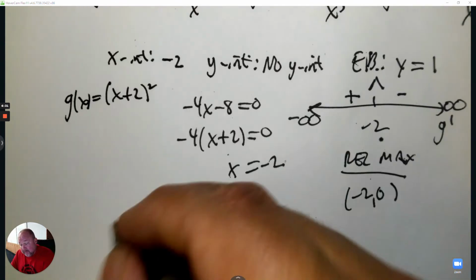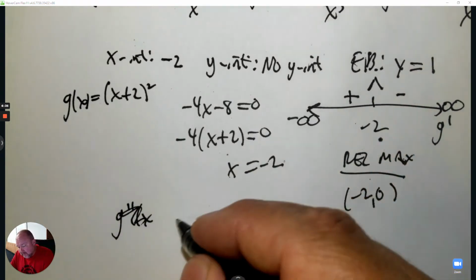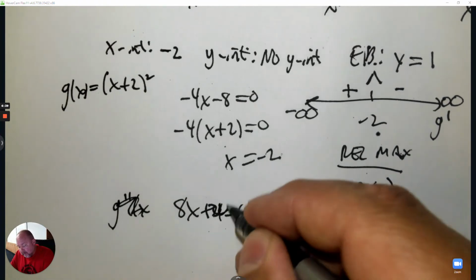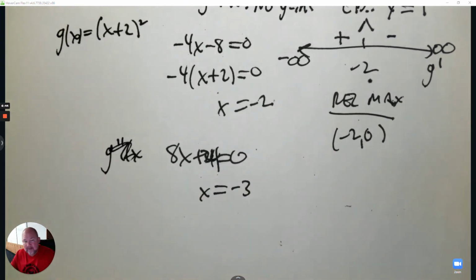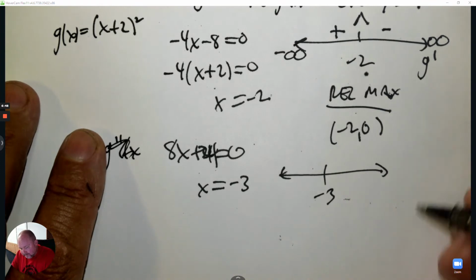We're going to take the derivative again. Oh, we already have the derivative. We're going to take the second derivative, set the numerator equal to 0, that's a 24. And then if I solve it, I get negative 3. So if I draw a number line for that, for negative 3,